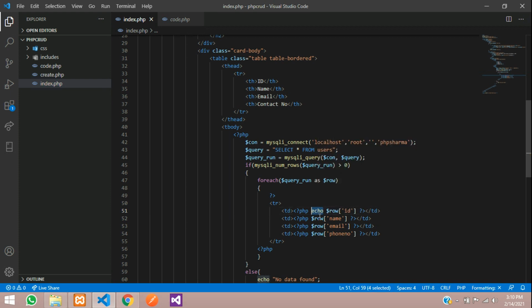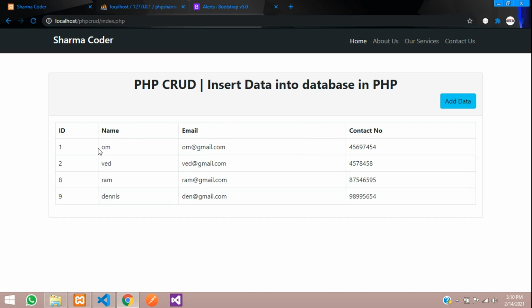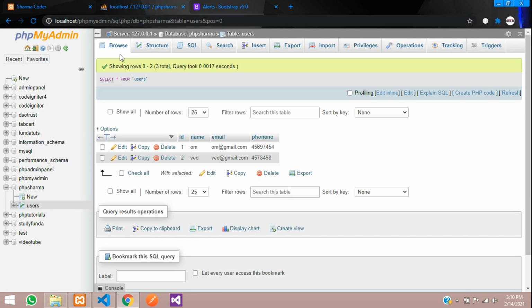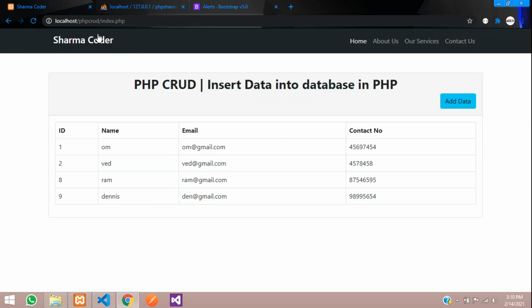So give the echo, copy and paste it here, and now you can reload and check the output. So you can see you have got the data. So all the 4 data. I'll show you the database. So here we have 4 data, and here also we are able to fetch the 4 records. In this video we have seen how to fetch the data from